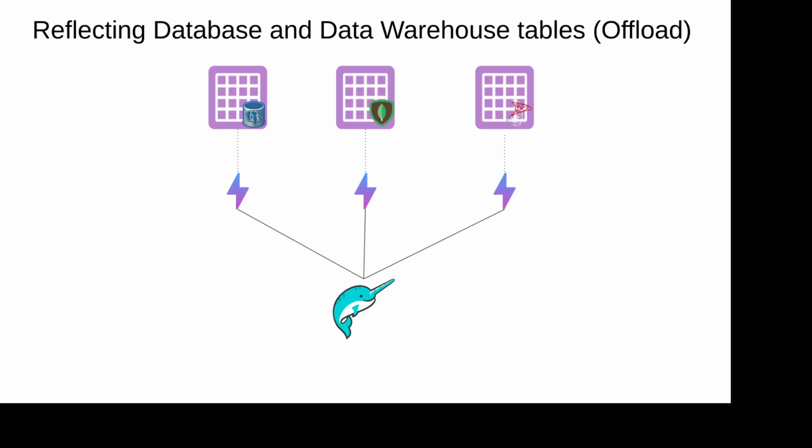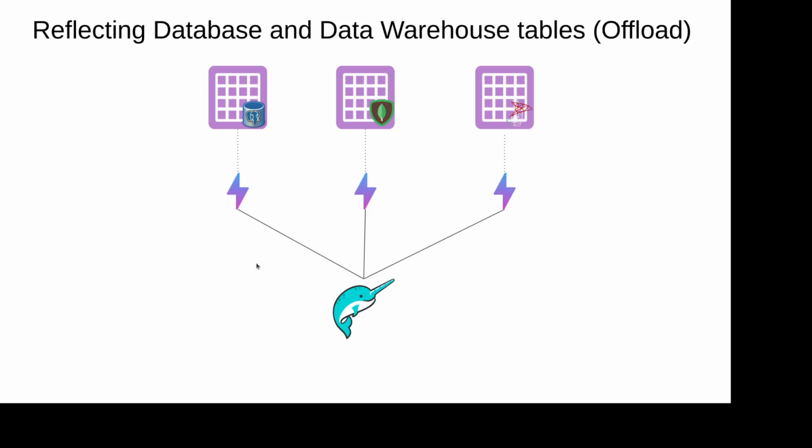And again, you don't have to worry about how it does that or how often it updates that. It just works. Now every time I send a query to Dremio for that table that's in Postgres, from the end user's perspective they're still querying the table in Postgres from Dremio, but behind the scenes, Dremio is actually substituting the reflection. So you're not pushing down that query to Postgres, so you're offloading a lot of that work, which allows you to scale your databases even further. You can still treat your database as the center of your world, but reflections will allow you to scale even further when you start hitting the limits of horizontal scaling with some of these systems.